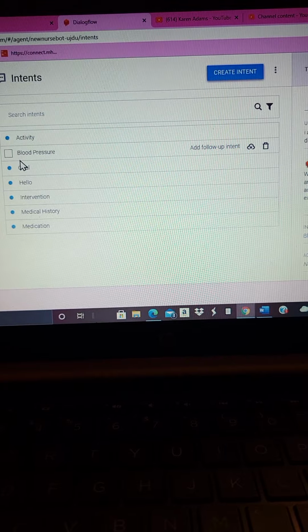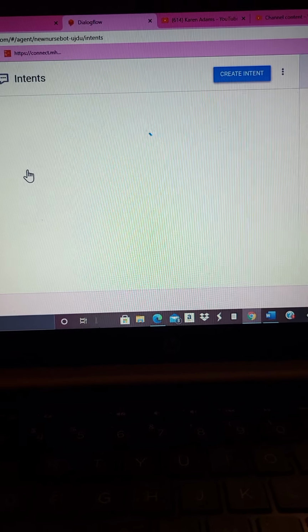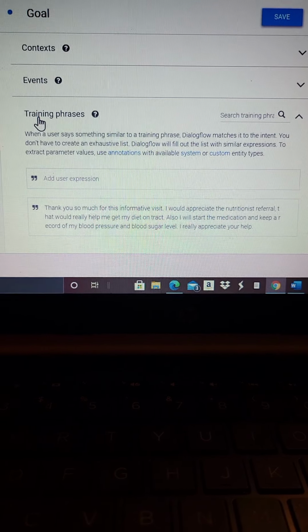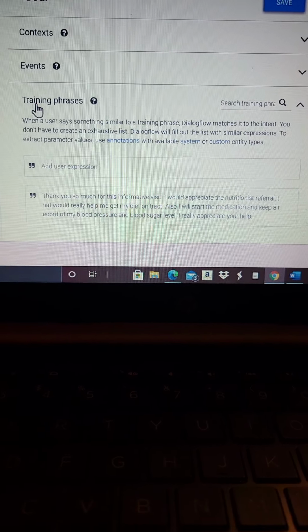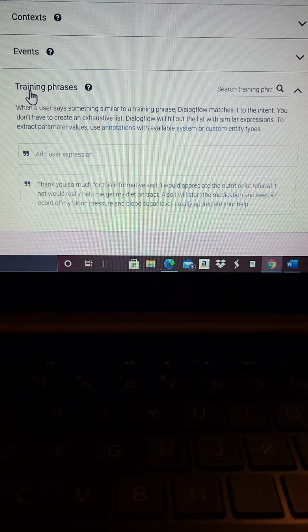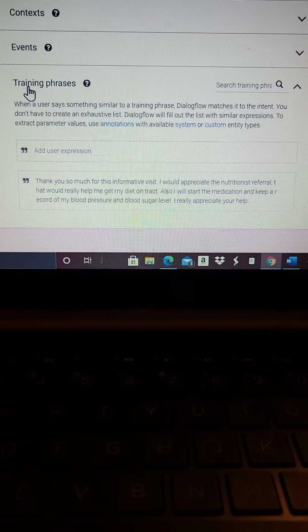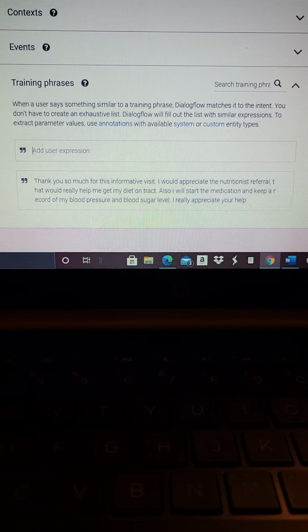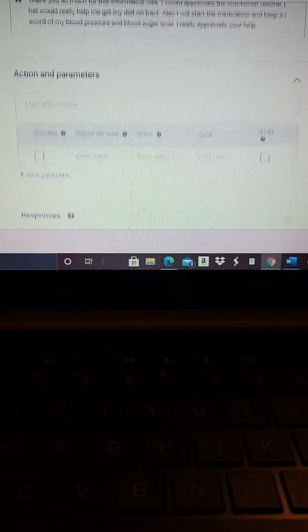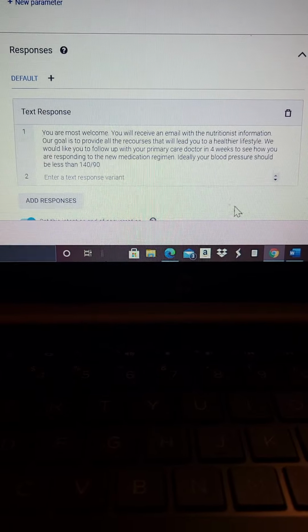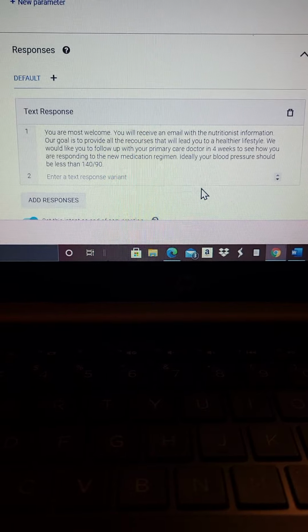And then my last category would be my goals. So these are just the goals that we want to set for the patient. So the patient's just saying thank you for the informative visit, and she does want a referral to the nutritionist to help her get back on track with the diet, and she'll take the medication that was prescribed and keep a log of her blood pressure. So the chatbot just responded that you're welcome. They'll send her information about the nutritionist, and